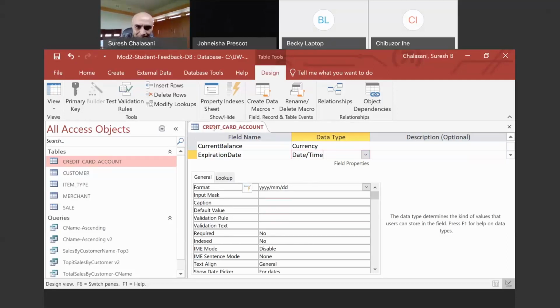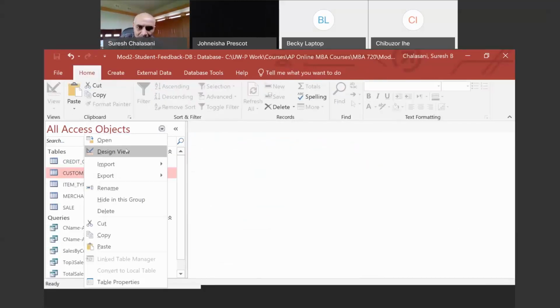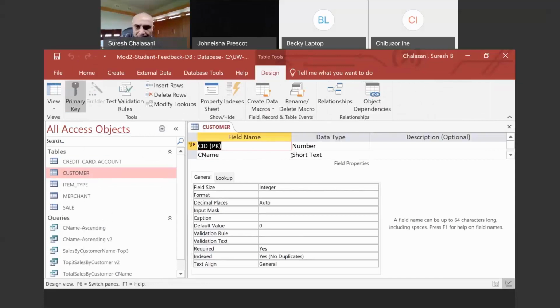And then I have another question about the customer table. In the customer ID where we're generating our own, we're making those up, it should be a unique ID, correct? Right. So we designate one of the columns or fields as a primary key. So we designate CID as primary key here. That means that it is unique, right?